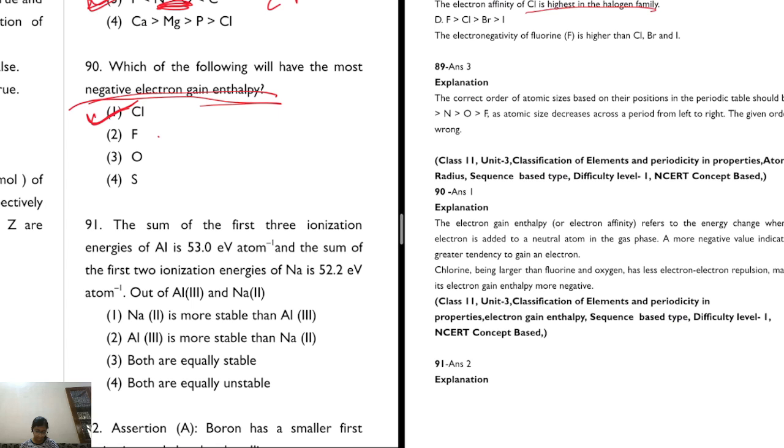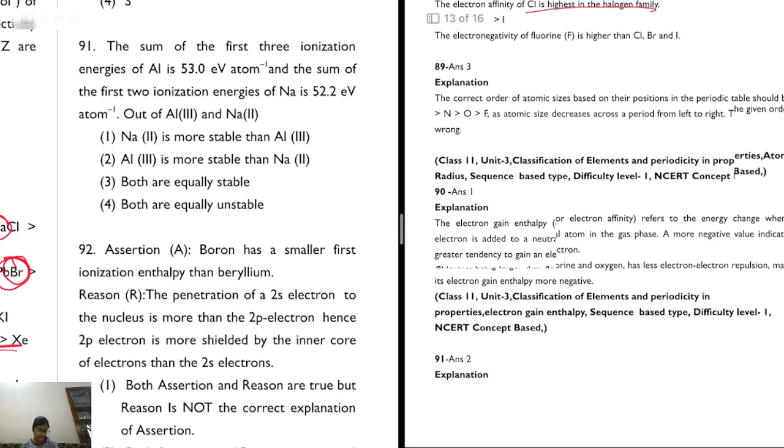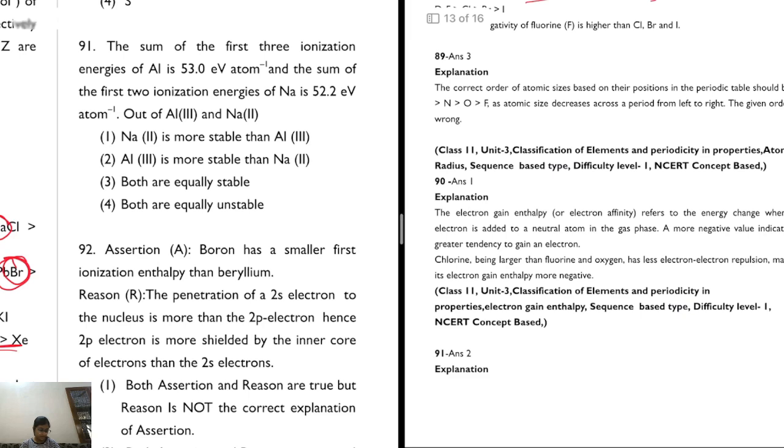Chlorine has lesser electron repulsion. This also has a small size. It will also have electron repulsions. Okay. So in the next question, the sum of the first